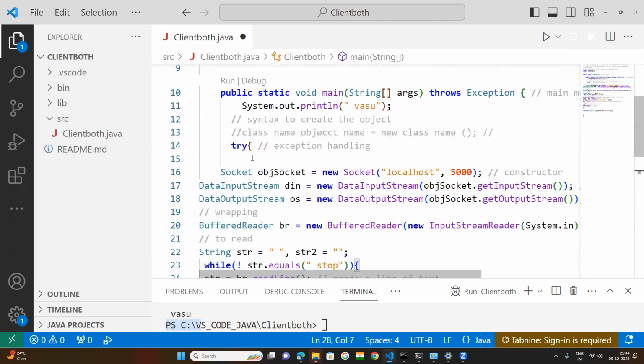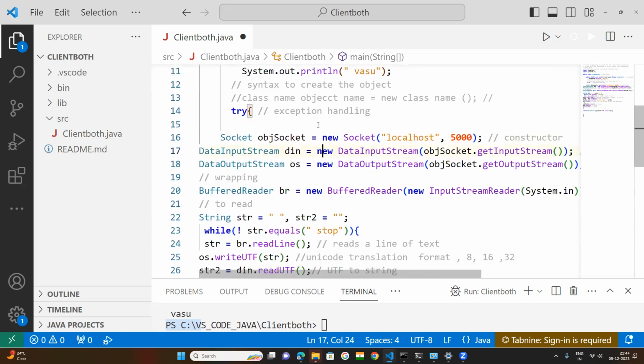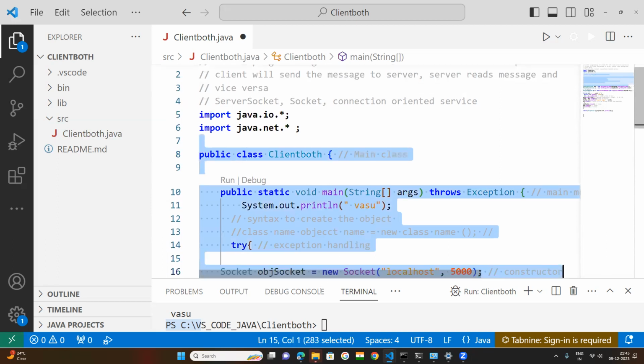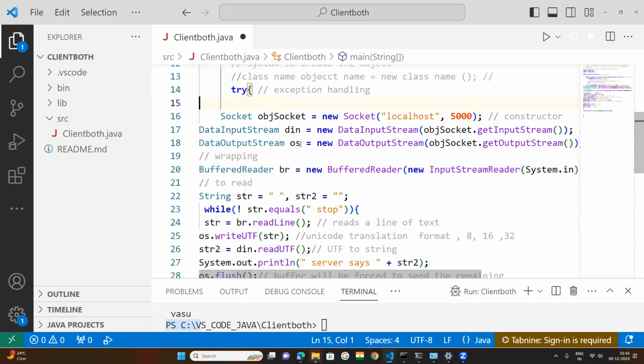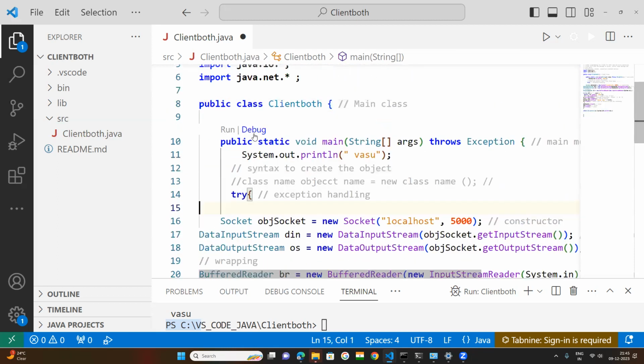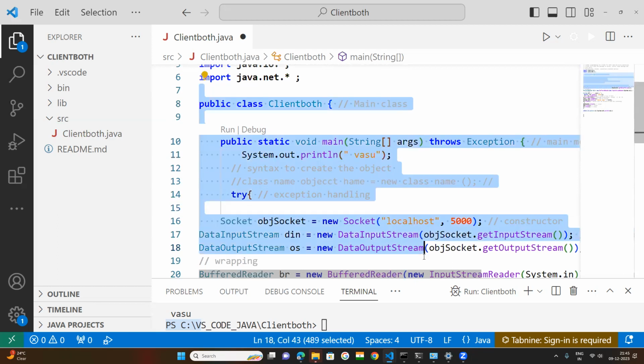What is the meaning of that? Try and catch blocks are used for exception handling. Exception is a term used in programming to refer to errors. If any error occurs in any line of code, because Java is compiler based, the compiler reads the source code. The total code is called source code, that's why it is a source file, a .java file. It will be read by the compiler, and the compiler reads all the lines of code at a glance